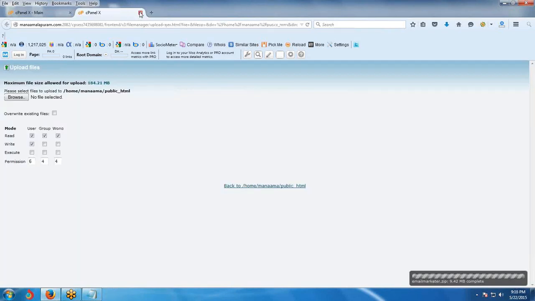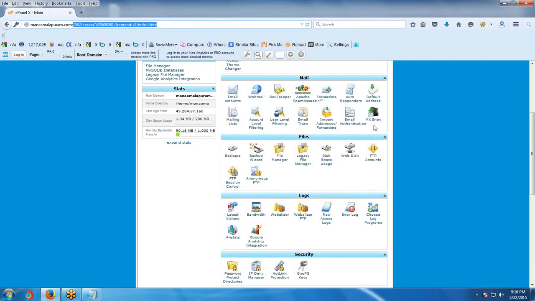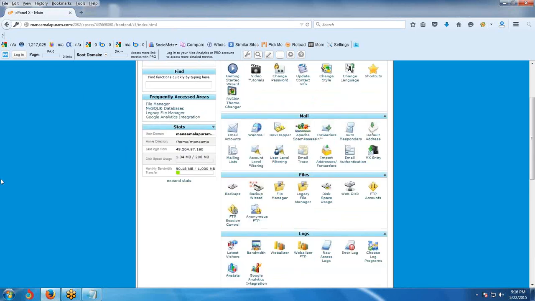Now, first you go to the cPanel, then Files and File Manager. To go to cPanel, we just put our domain slash cPanel. Enter the username and password. That is the hosting username and password. But with that hosting username and password, from where will I get it? Whenever you purchase, the hosting provider will provide it to you. Now you have provided me the domain name, right? Yes. I'll give you the hosting username and password.